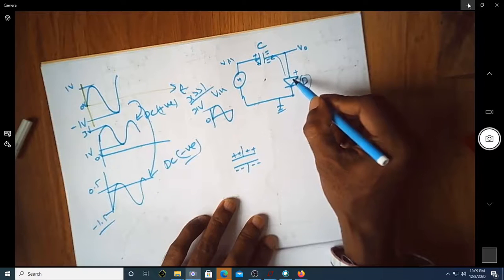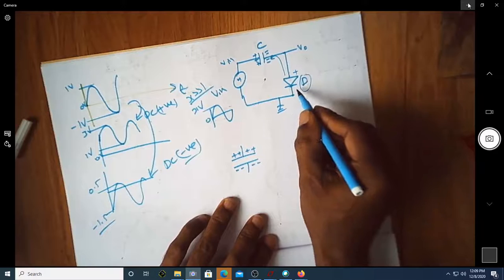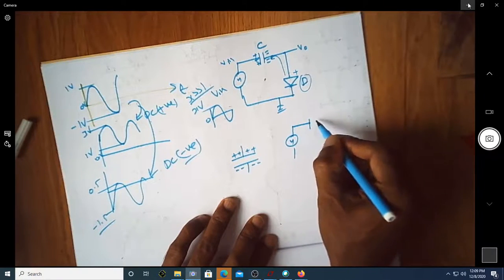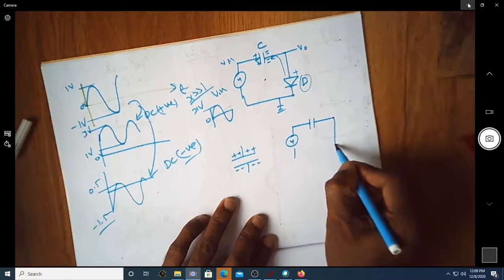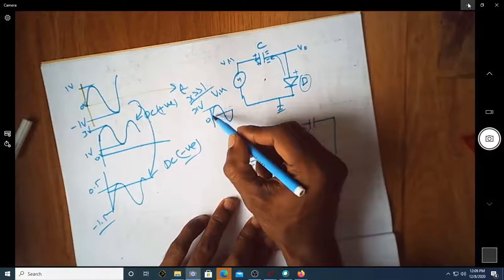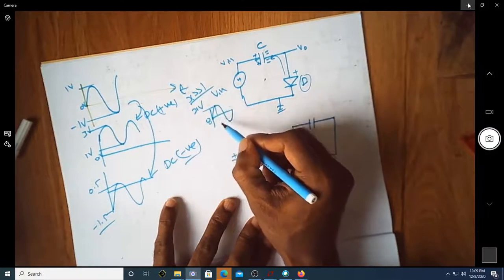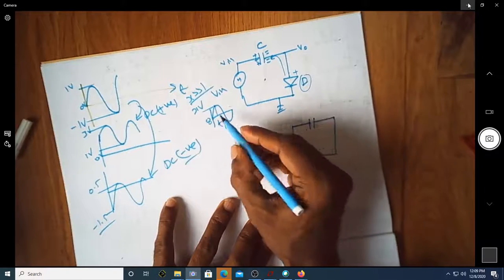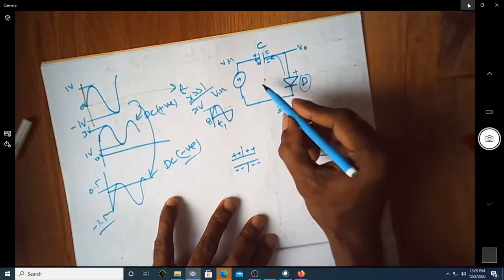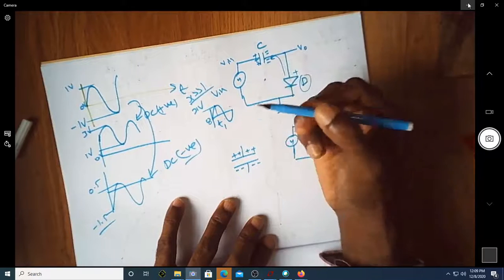So when it starts conducting, if you can see here, the equivalent circuit of this, once the diode starts conducting, would look like this. So now what you have looks something like this. This will get shorted. So what we are talking about is, as the capacitor voltage increases from 0, let us say this is time t1. From 0 to t1 the capacitor keeps on charging, so till that point the capacitor voltage will keep on building.